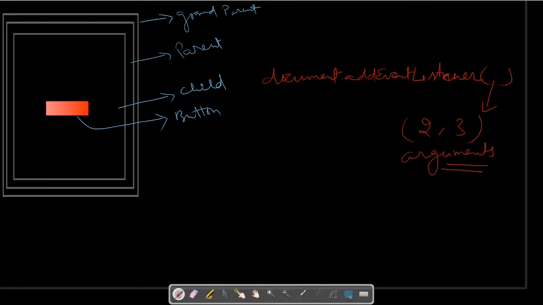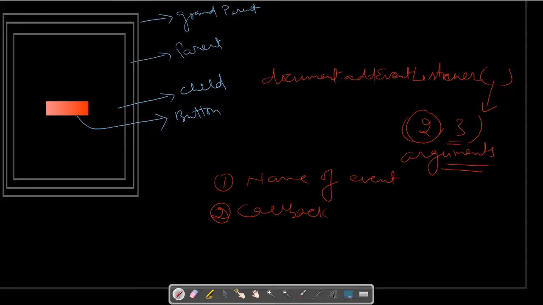Generally, we pass two arguments. I'll tell you the three-argument case, where it is necessary and useful. The first one is the name of the event, the second one is the callback function, which will execute once that event is triggered, and the third one, which we rarely use, is the useCapture option. By default, this is false.